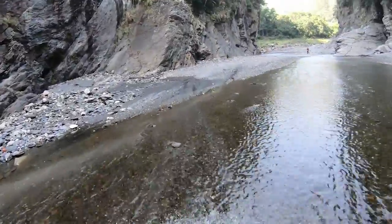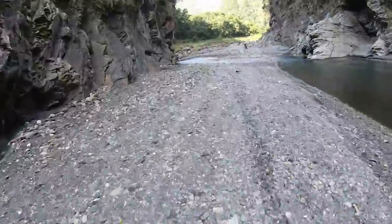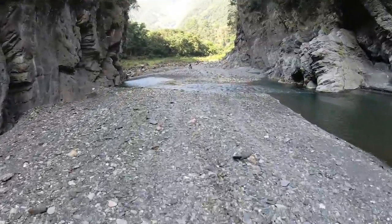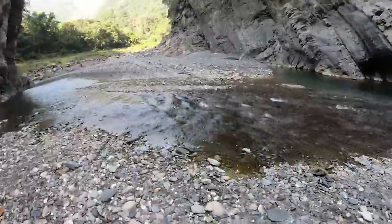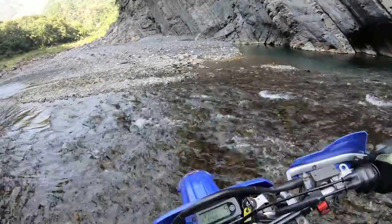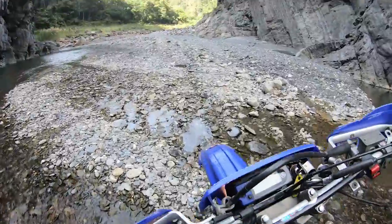I was so relieved to get out of the riverbed, as is the case many times out of this riverbed. For some reason, I can't help but come back for more. The challenge of this riverbed is just the sheer length and